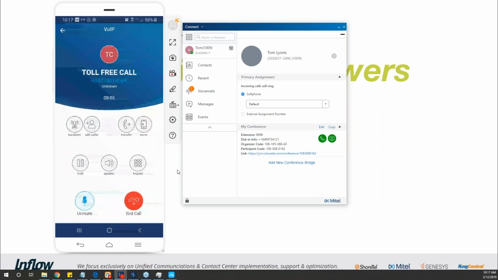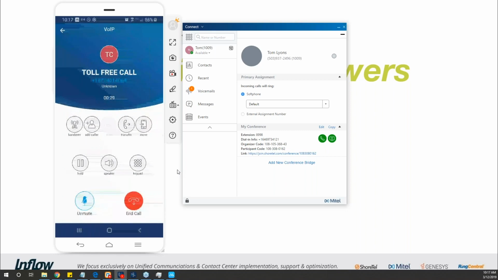So if you are in the car, just getting to the office, you get a call, you can definitely take the call from your mobile phone, answer the person there, talk to them as you walk to your desk, hit the move button, get on your desk phone, and just act like you were in the office the entire time. So it truly is a good extension of your office environment. You can bring it with you, and you can even transfer it directly to your desk phone without any issues